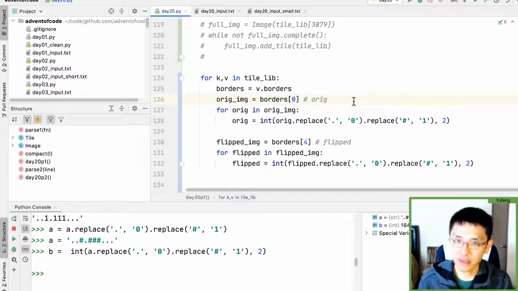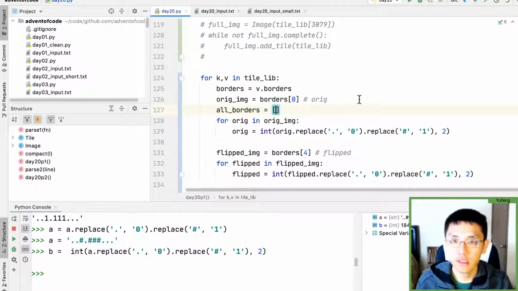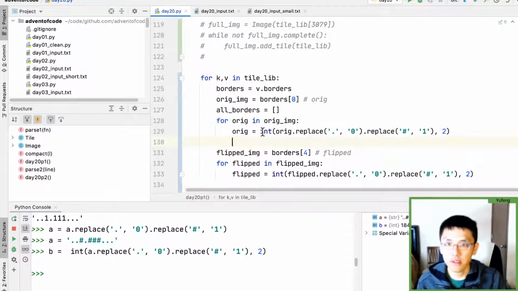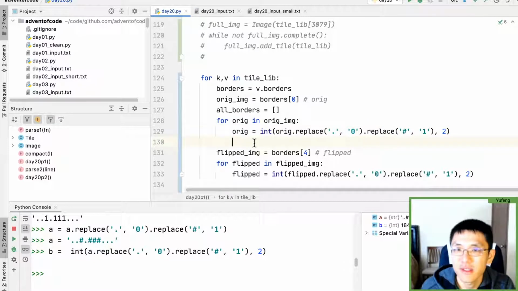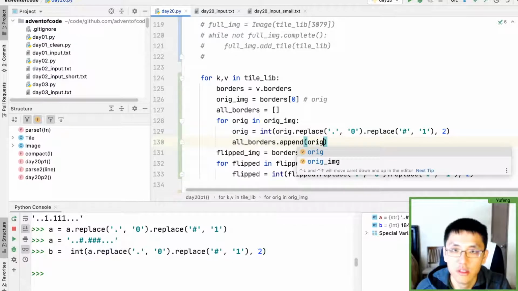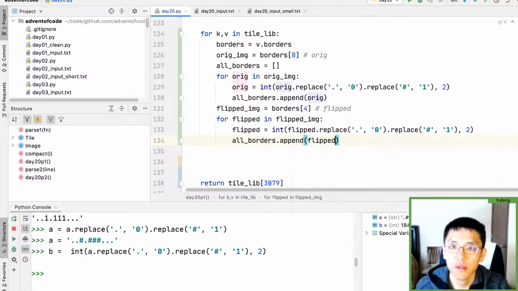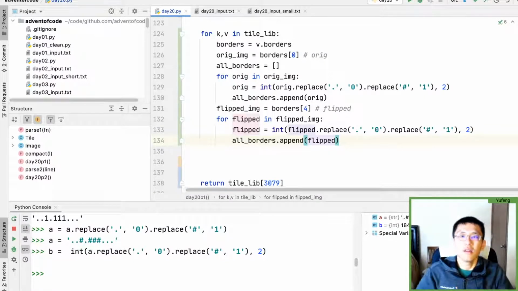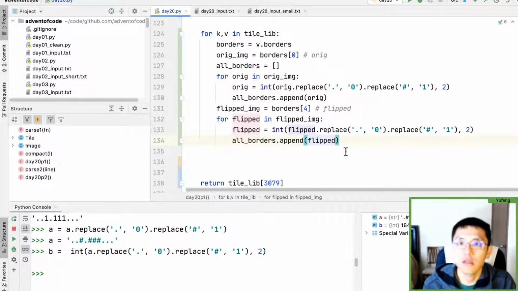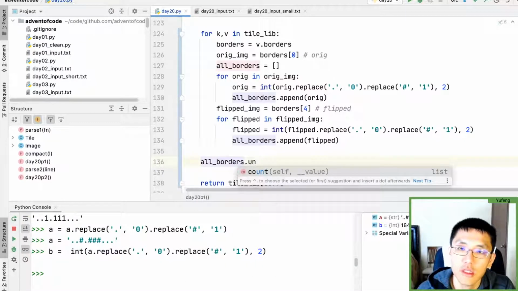I know it's a bit sloppy. It's not my favorite. All borders equals list. So this should be a number, this orig. And so all borders dot append orig, and all borders dot append flipped. So these are all of our borders, and so we should be able to do a little all borders dot unique. Well,